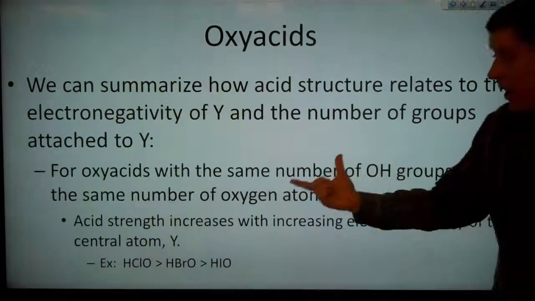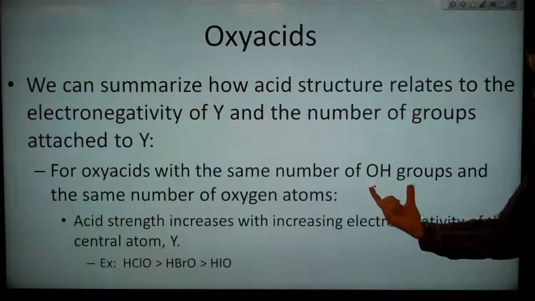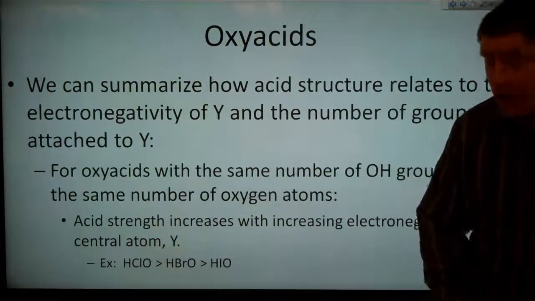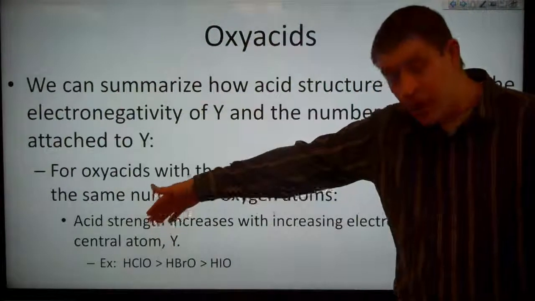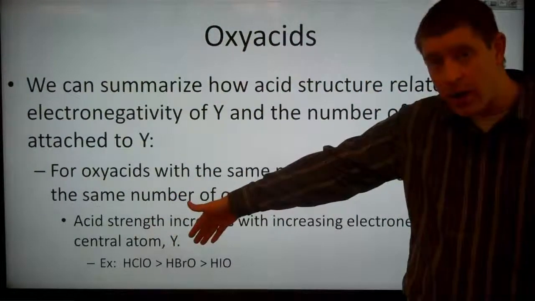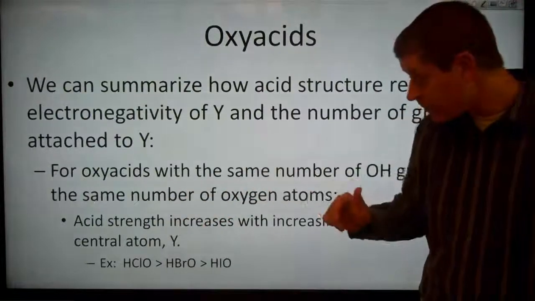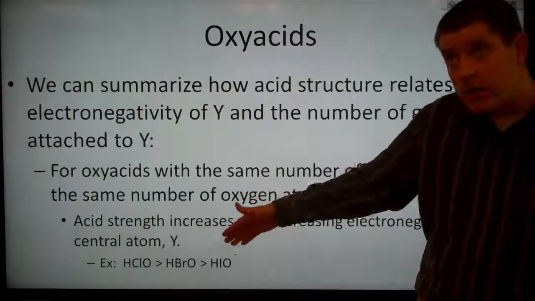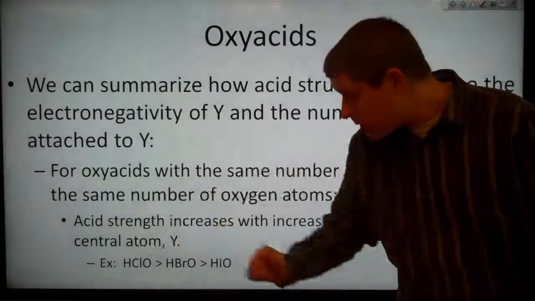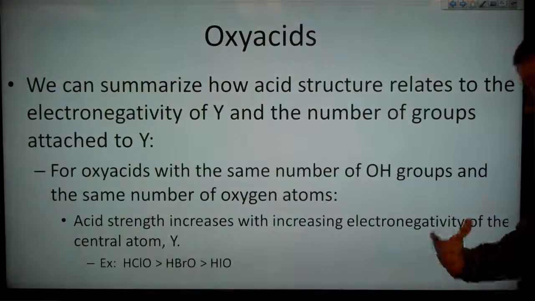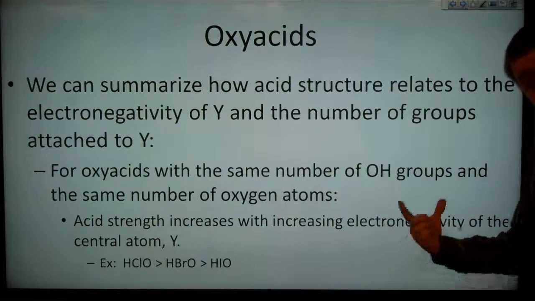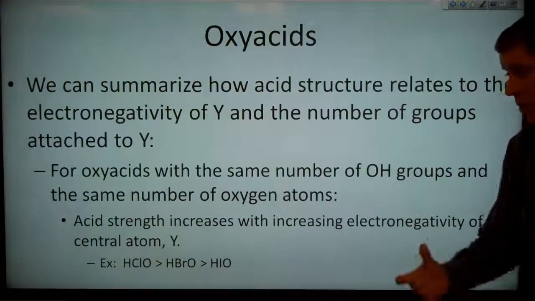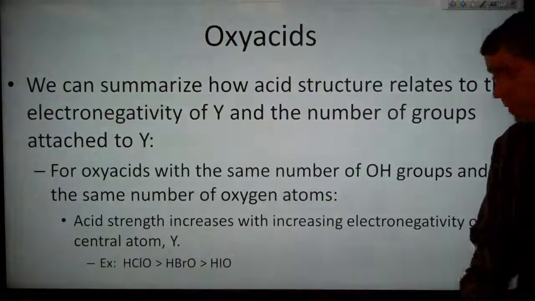We can summarize how acid structure relates to the electronegativity of Y and the number of groups attached to Y. So for oxyacids with the same number of OH groups and the same number of oxygen atoms, the acid strength increases with increasing electronegativity of our central atom, Y. So if we have something like HClO, this is hypochlorous acid, compared to HBrO, hypobromous acid, and HIO, which is hypoiodous acid, the acid with the larger electronegativity of the central atom, so that's the HClO, hypochlorous acid, is going to be a stronger acid than this one, which is a stronger acid than